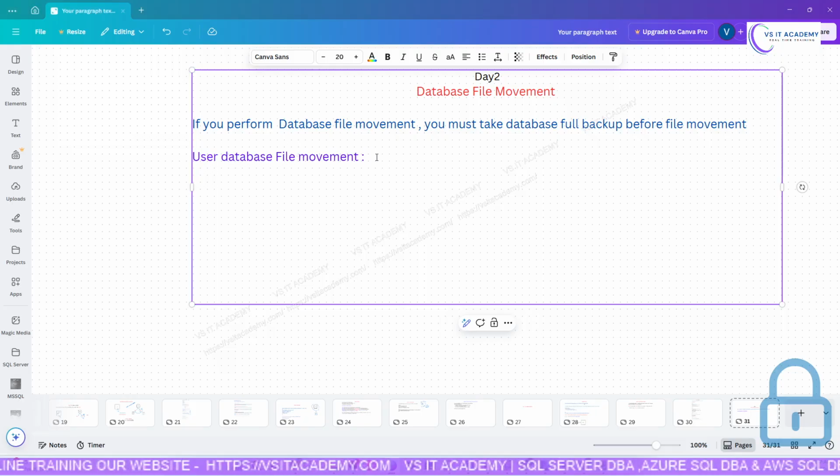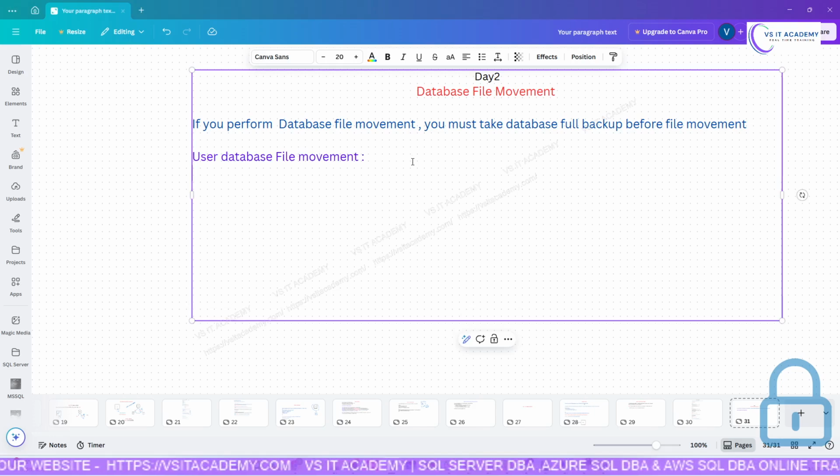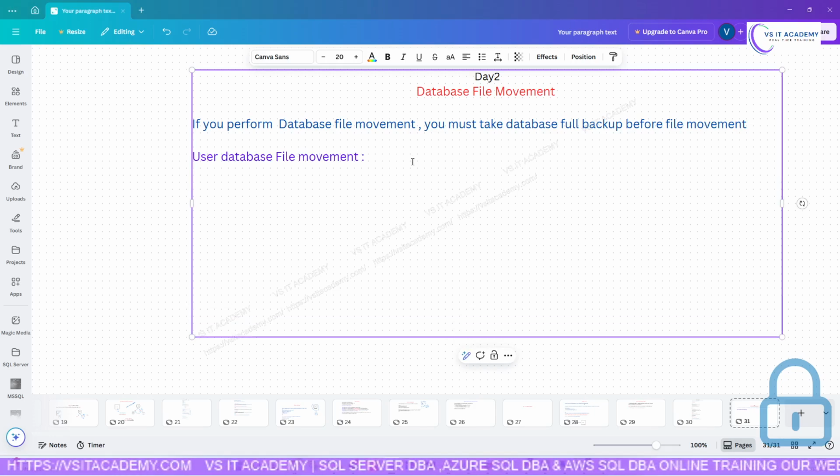The client is asking you, for example, for a user database file movement. The client is asking, please move DB or database. They will write DB only, in short form. Even DB or database is the same. Most of the time they will use the short form. Please move database